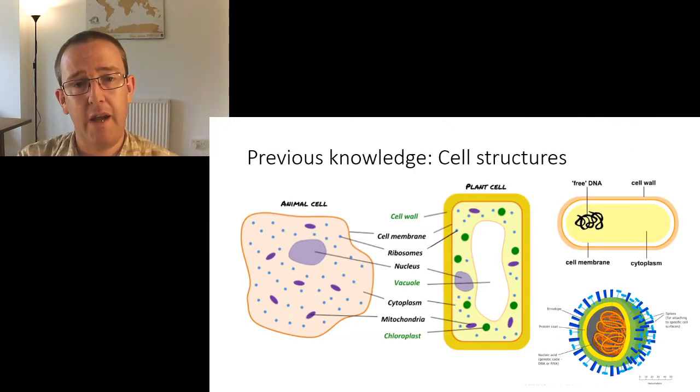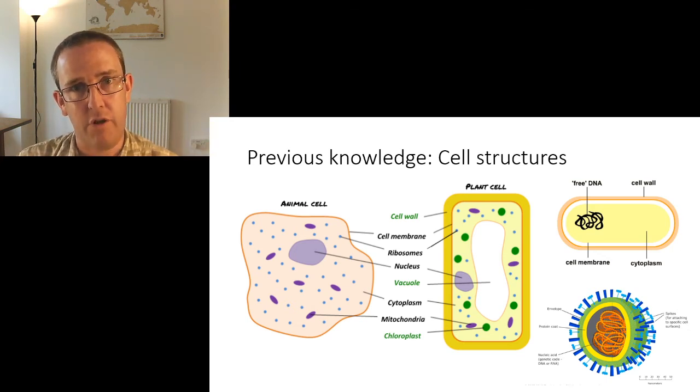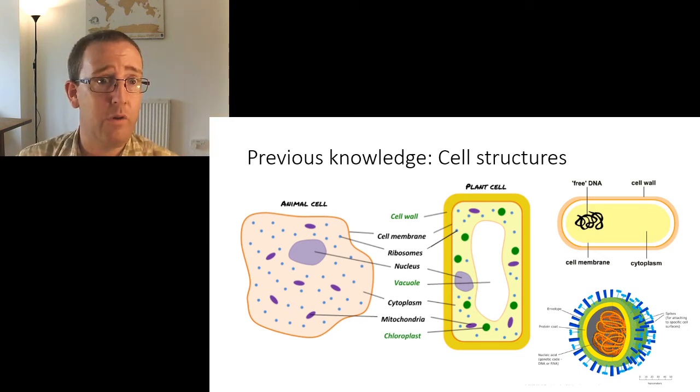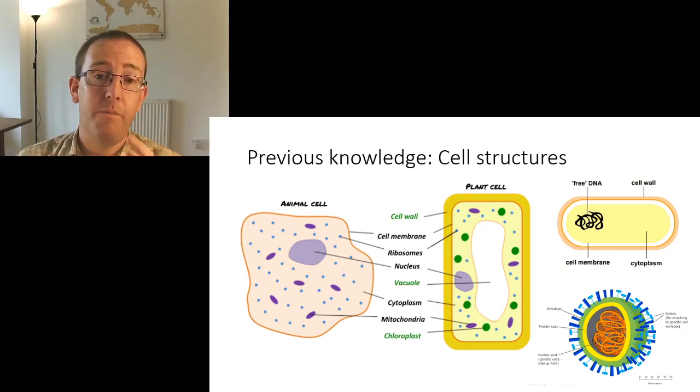Cell structures. I gave this example in the introduction video, that cells are an awful lot more complicated. We haven't mentioned a lot of structures so far at GCSE. We haven't mentioned an awful lot of interesting and intricate interactions between the structures in cells, how things work. We've said things like mitochondria release energy. We've said things like ribosomes make protein. We haven't said anything about how they do that or what they link with or how they know what protein to make and so on and so forth. This at AS level is where it starts to make a bit more sense because we go into a bit